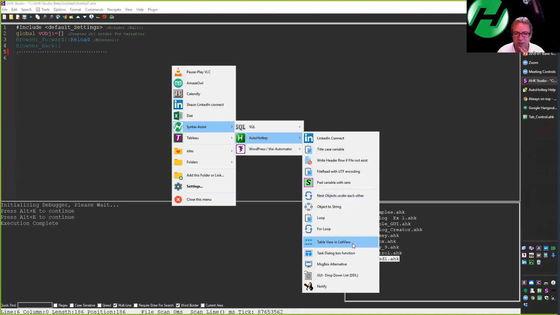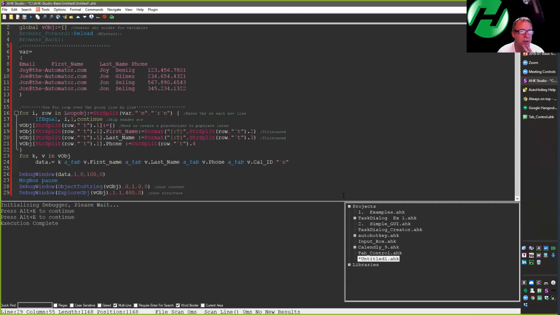Oh, I should have demonstrated some of that. Good drop down list. Oh, here we go. Nest objects under each other. And so